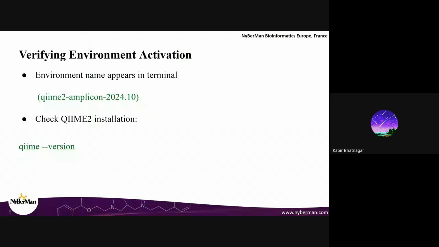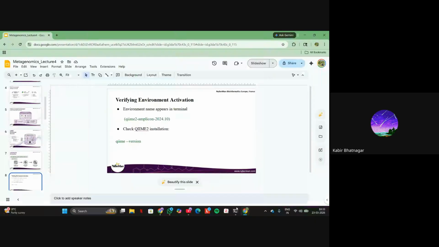So now how do we verify the environment activation? We just did all of this. To verify it, you saw that your environment name appeared in the terminal as qiime2-amplicon-2024.10. So you got to know that this is your environment. Now you will activate this particular environment, and to check the QIIME 2 installation, you will write qiime --version. When you write version, as I showed here, it will show you the version of the